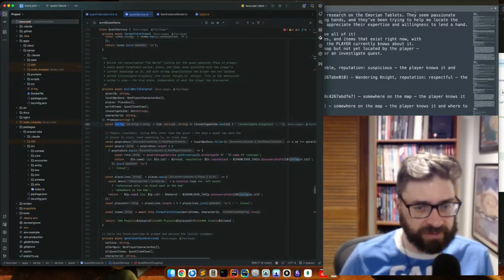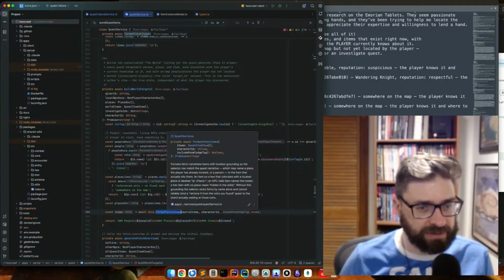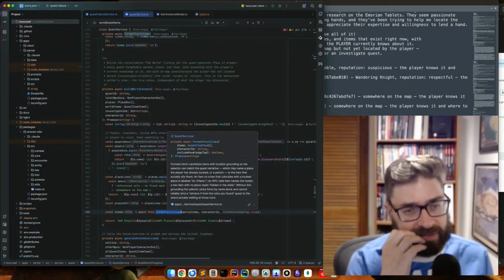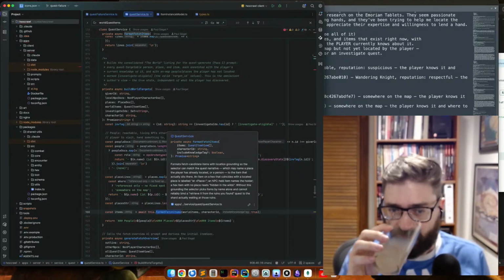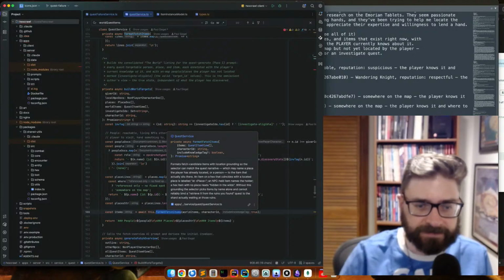But I'm worried I don't see inv tag being used. Yeah, in the item string, right? Items, blah, blah, blah. Format fetch items. Candidate items with location grounding.